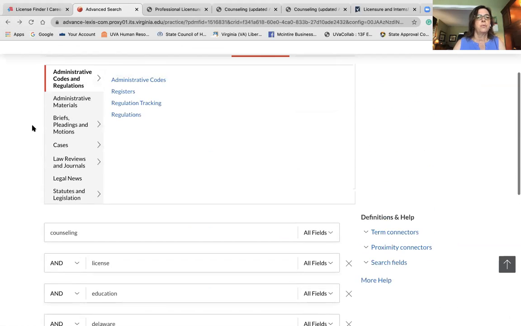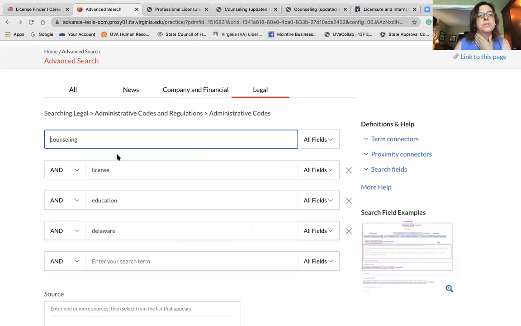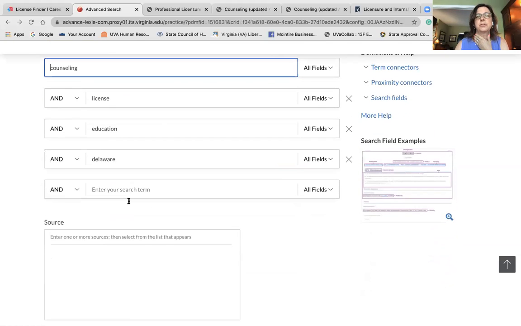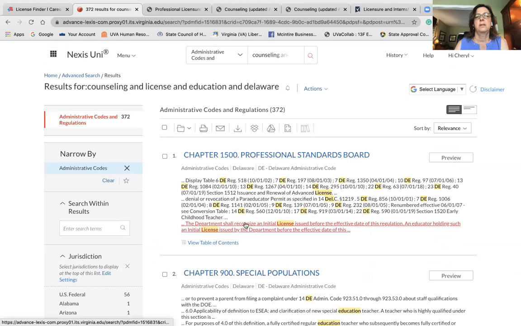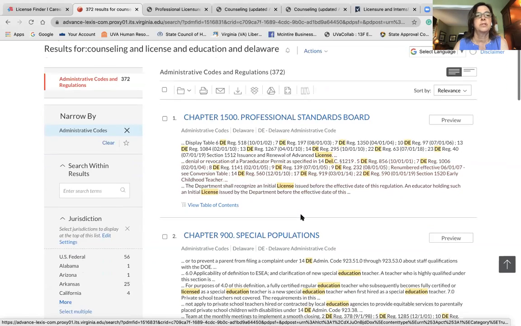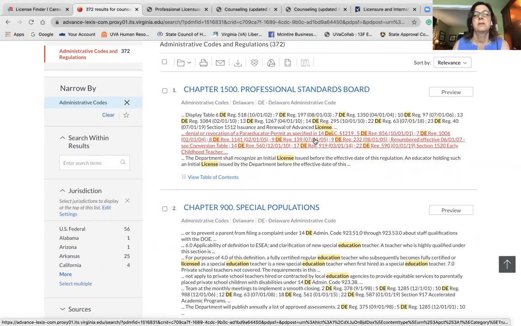However, if we go back and look at administrative codes, and we do the same search, we can actually find the code that has been written pertaining to that particular profession and the regulations for that professional license. So we have Professional Standards Board,